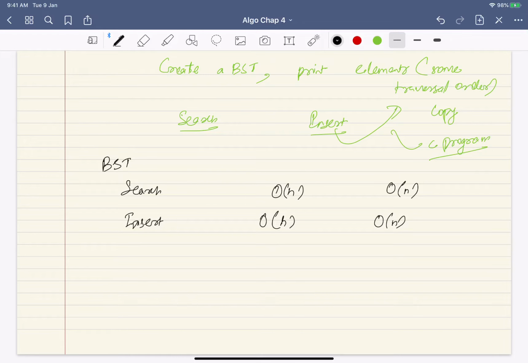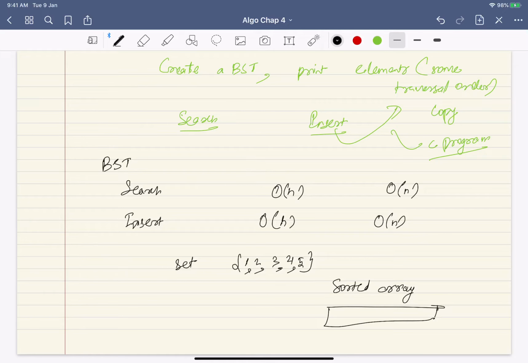Now, before I talk about some other operation, suppose you have a set of elements 1, 2, 3, 4, 5. If you put them in a sorted array, there is only one order: 1, 2, 3, 4, 5.